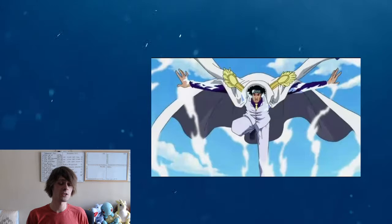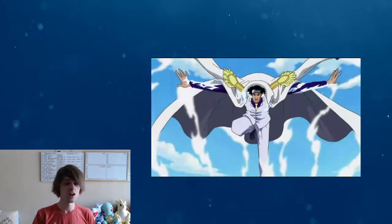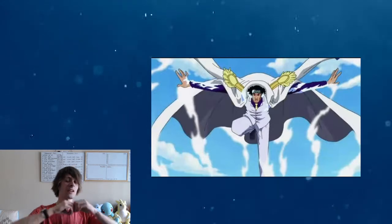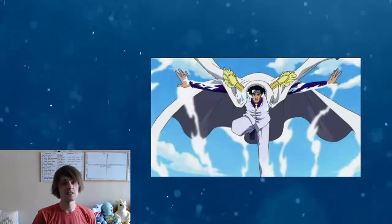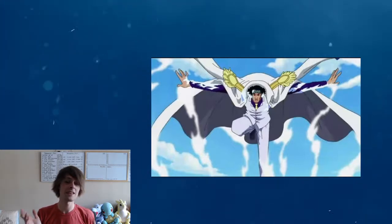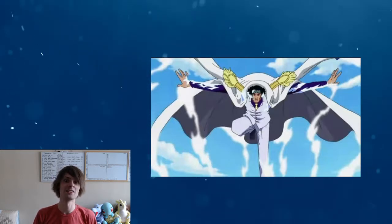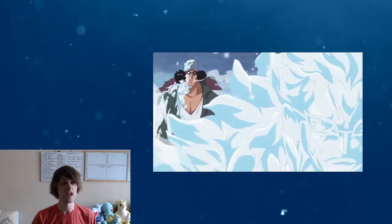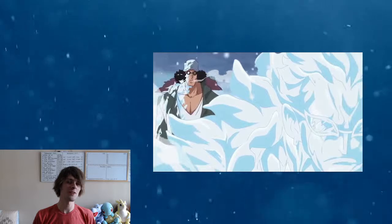The only resistance that would actually be affecting him when he's travelling at these high speeds would be air resistance. And air resistance plays a bit of a big role when it comes to all that, but not in a major, destructive way. So take for instance the sea train, which we've actually seen, or any other types of trains like a land train. He could actually make bullet trains in the One Piece universe by being able to cool things down to an insane degree and therefore get across the ocean or the land pretty damn fast. So I just wanted to cover that because I found it really, really